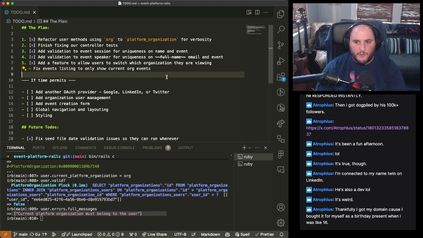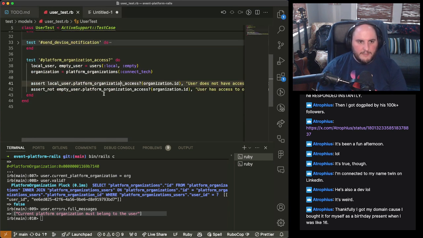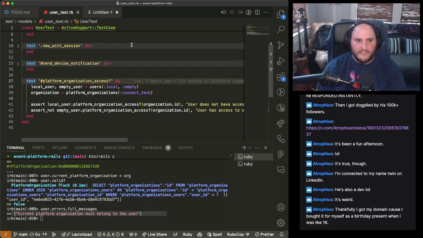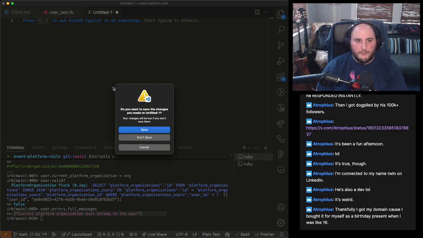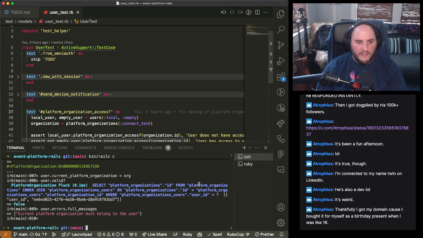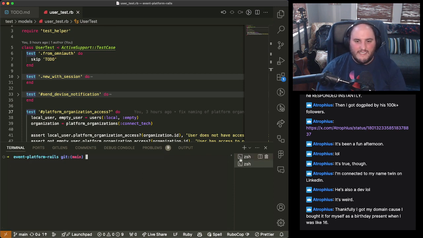I went through the exercise of test coverage more for educational purposes. If I was trying to move really fast with this, I might skip tests for now, throw some caution to the wind and do some things. But I do like some of the tests that we wrote, especially things like this access piece, because now I have some security around this idea that this will work a certain way. That's something we're going to keep in mind. This is awesome. Everything is awesome.